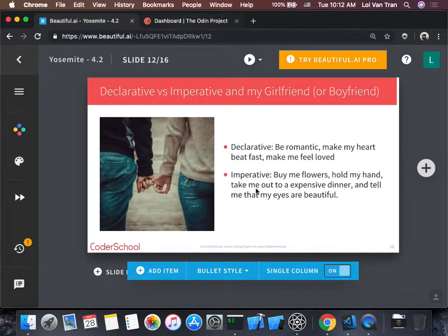Being declarative is like saying, hey, I want you to be romantic. Whereas imperative is saying, go to the store, buy me flowers, buy me wine, take me out to dinner, take me to a park, have a nice chat with me. I don't think girlfriends would want to constantly tell you, go buy me this, take me eat here, blah, blah, blah. But they